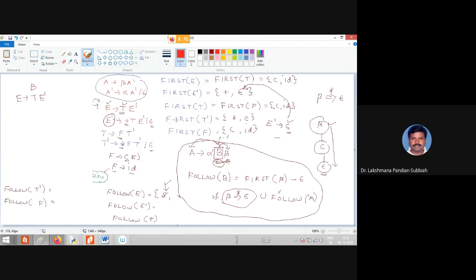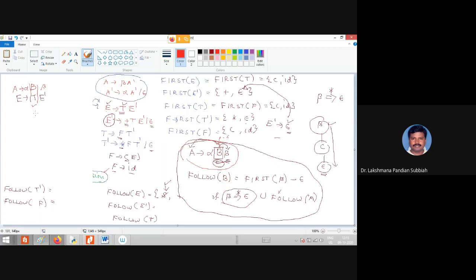So you take that B, then remaining before and after the arrow: B alpha, the next coming is beta. Here alpha is empty, so this is A. A derives alpha B beta. So in that format you have to see. A derives alpha B beta. The B is matched with one non-terminal. So whatever is previous is alpha, whatever is after is beta, right?